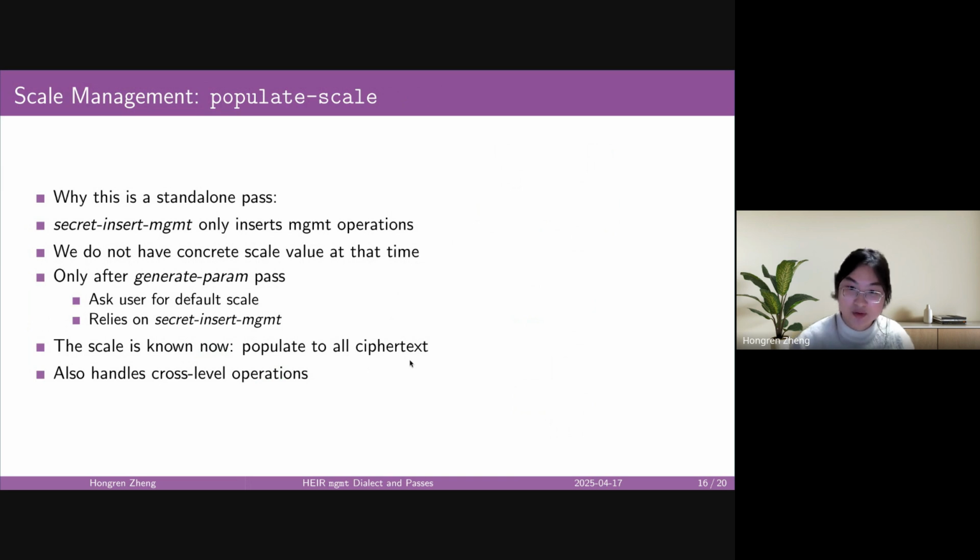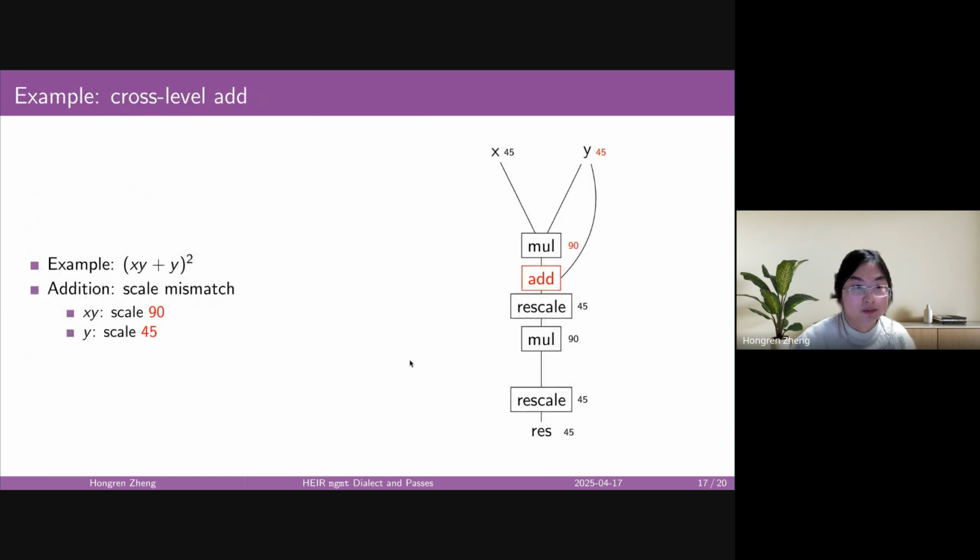Also, another important aspect of this pass is that it also handles cross-level operations. Let's see an example. In this example, we have a multiplication of x and y, and in addition to that, we have an addition of y. So this is a circuit for that. The problem with this circuit is that after multiplication, you have a scale of 90, but your y is only of the scale of 45.